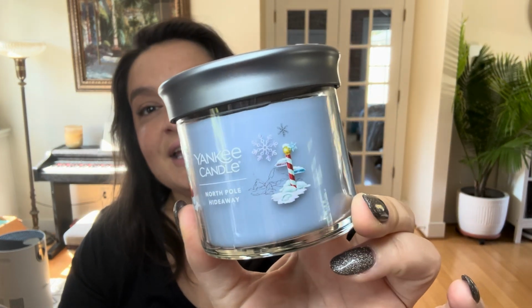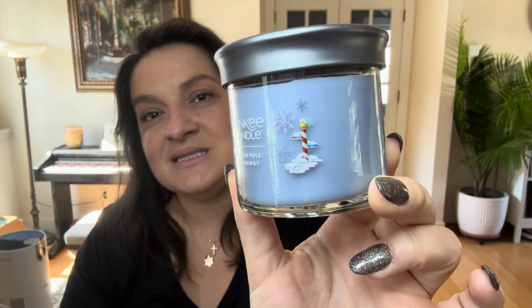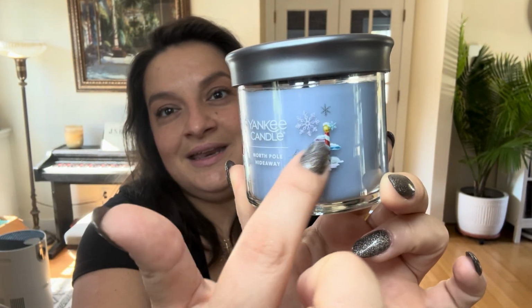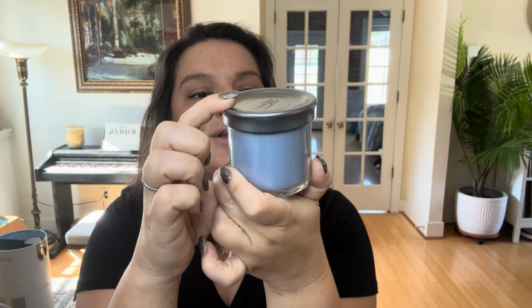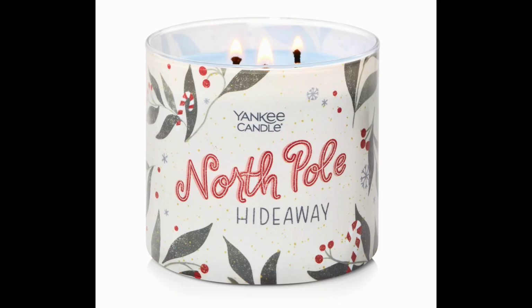I liked North Pole Hideaway. So North Pole Hideaway is this beautiful blue right here with, as you would expect, snowflakes, a Santa hat, one of those candy cane street poles or whatever it is. And yeah, this one, here's the 3-wick for North Pole. So it is coming out in a 3-wick. And again, this has that like brown paper bag kind of vibe to it, which is nice, but